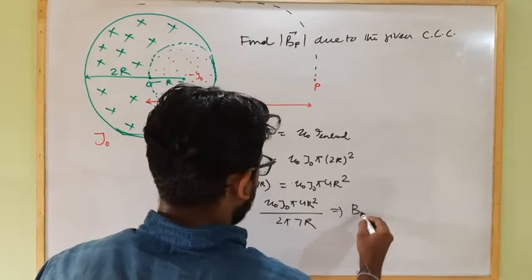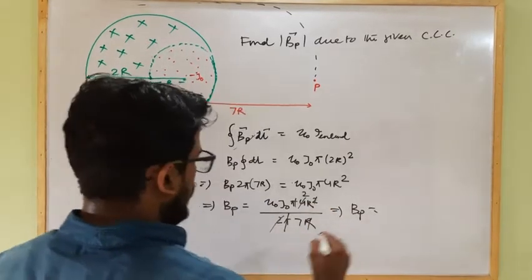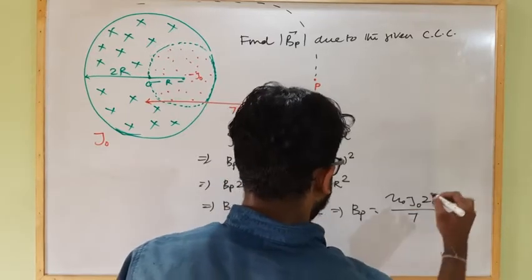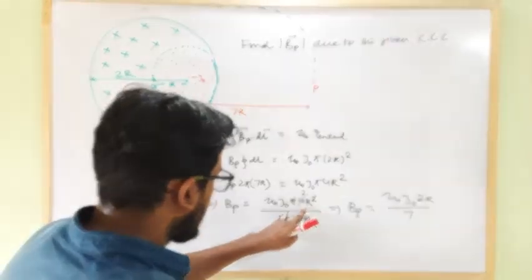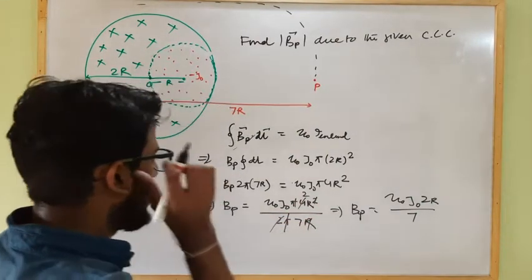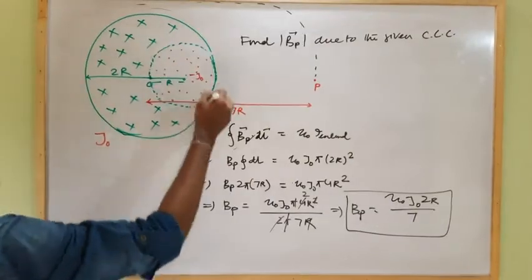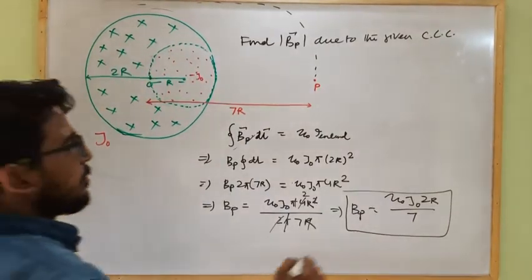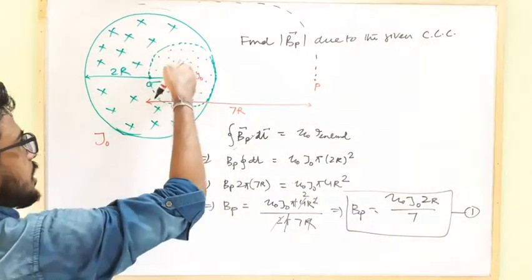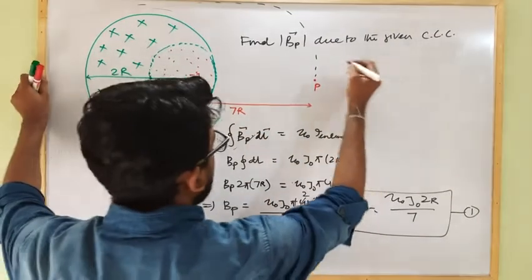This implies B at P will be how much? Pi and pi cancel, the 2 will be cancelled, r cancels, so it will be mu naught J naught 2r by 7. Clear? This will be the net magnetic field strength at point P due to the complete circular current carrying conductor. Let it be equation 1. Now we have to assume a current carrying conductor the same size as the cavity but carrying current in the opposite direction. So here we can write